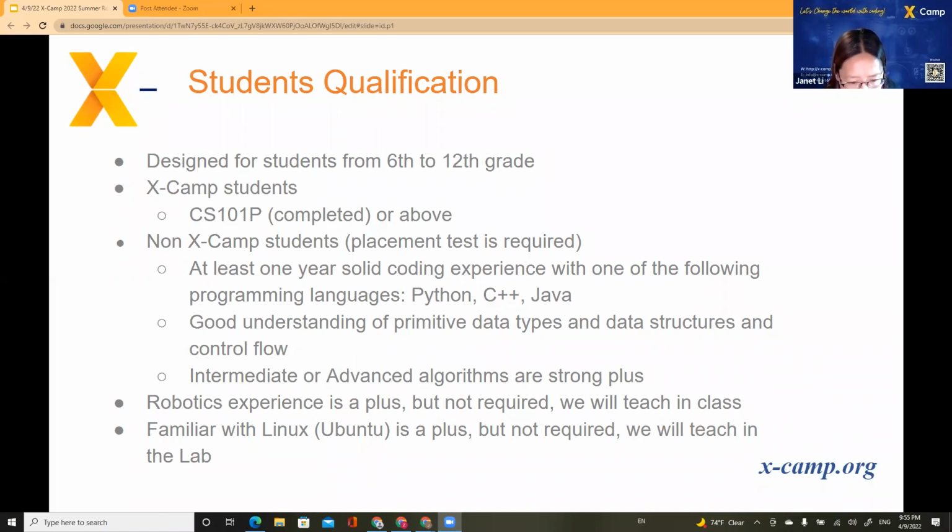The next question from Mike is, will purchasing a physical kit be recommended? Trenchi, do you want to answer that question? There is no physical kit you need. Everything is free. Ubuntu, the Linux environment, is free, and ROS is free. Since we are using simulation, there's no need for a physical kit for the bots, right? Yeah, the TurtleBot is a simulation too.